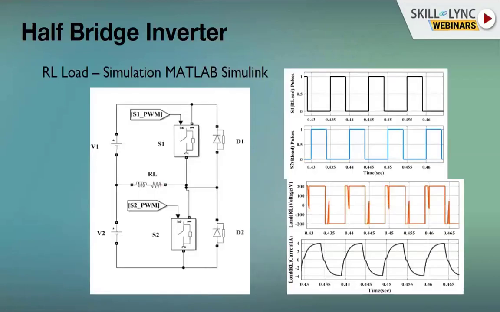The same thing is simulated in MATLAB Simulink with an RL load. You could see over here the waveform, the circuit. This particular part is the charging phase, and this is the discharging phase. Once it crosses zero, only then can it be charged in the negative direction. And if you could see over here, whenever it is trying to move to the negative direction, there is a spike at the output voltage.